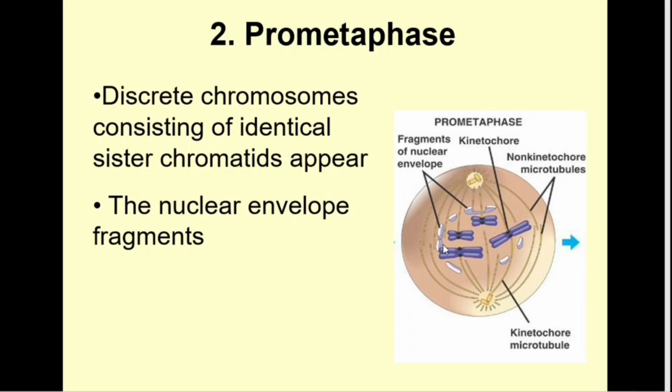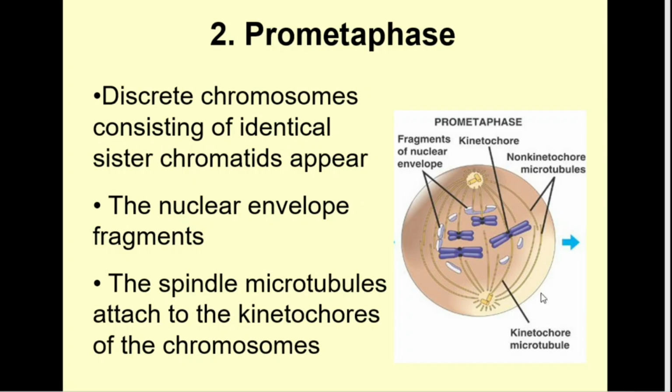We can also see that the nuclear envelope has started to disappear. So it's starting to fragment. So there'll be enzymes at work there breaking down the nuclear envelope. And then what we can also see is that our mitotic spindle has grown considerably. So the microtubules growing out of the centrosomes have now pushed the centrosomes to opposite sides of the cell, what we would refer to as opposite poles of the cell. And the next thing that will happen is some of these microtubules coming out of the centrosomes will begin to